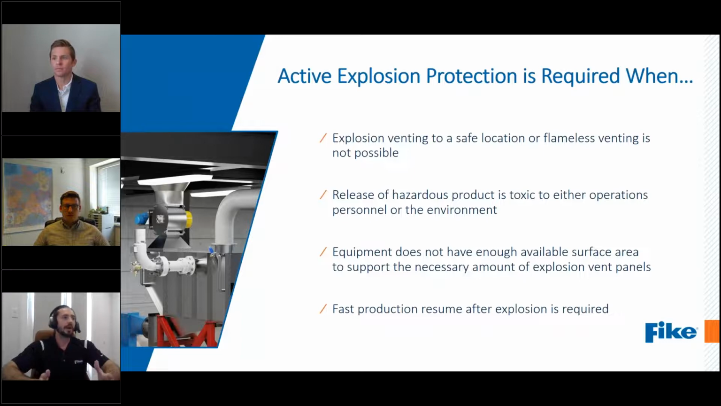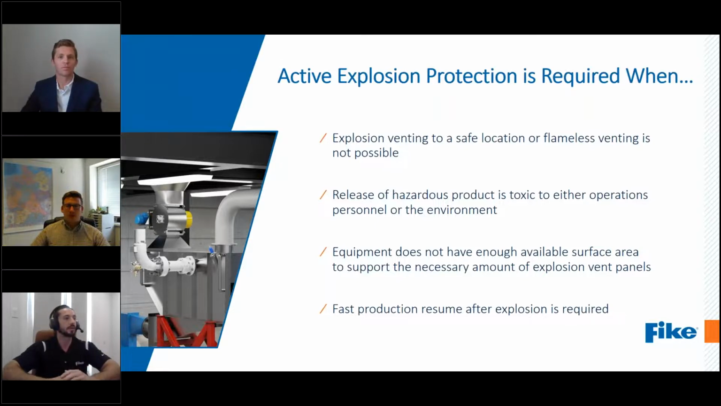So when do we require active protection? In general, it would be required when explosion venting to a safe location or flameless venting is not possible. We also want to prevent the release of hazardous products if they're toxic to personnel or to the environment. So in that case, relieving all of those products through venting would not be suggestible. We'd want to go with more of a suppression approach, keep all of that combustion and toxic byproducts contained within